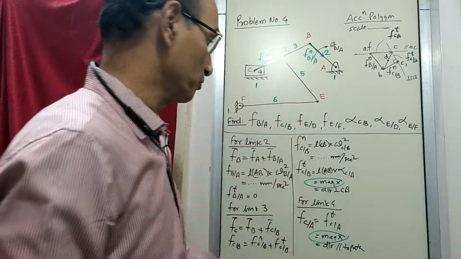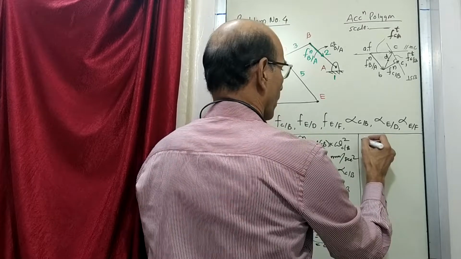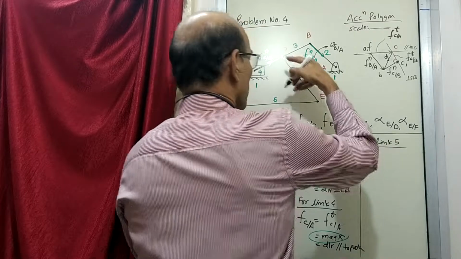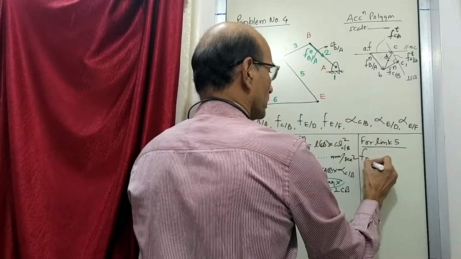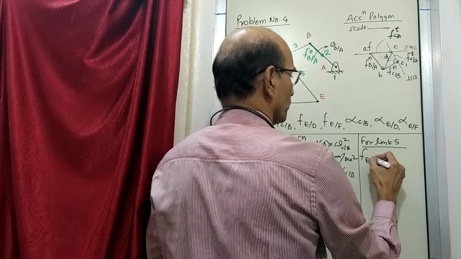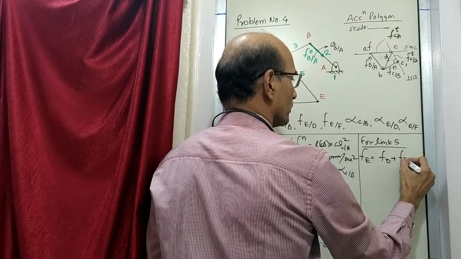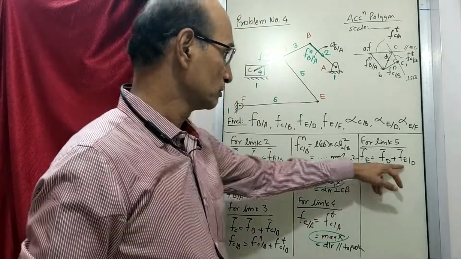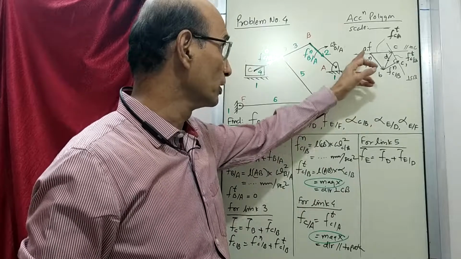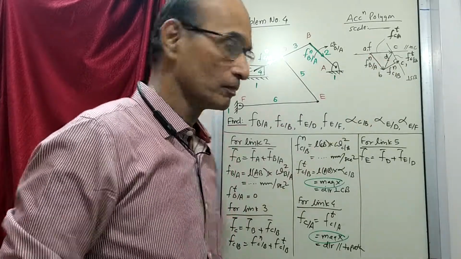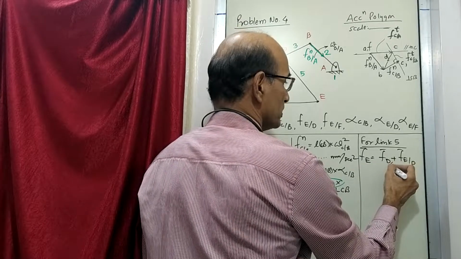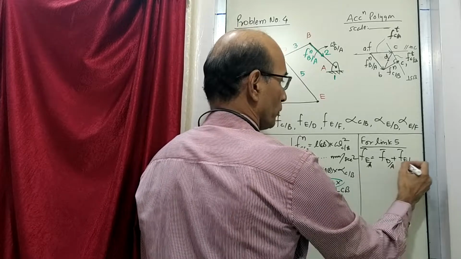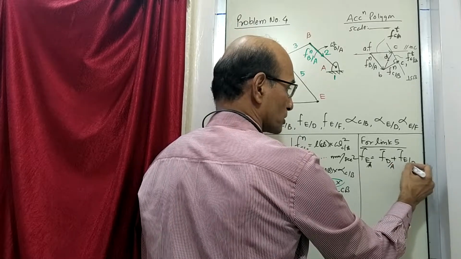Now we go to link 5. So for link number 5, acceleration of any point E is equal to acceleration of a known point plus acceleration of E with respect to the known point. Usual equation we have written. Out of that, the acceleration of D, we already know this vector. When nothing is written, that means it is A. A is a fixed point. So we already know this. Let us try to concentrate on this.